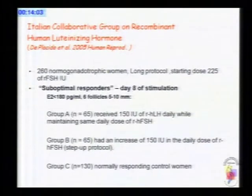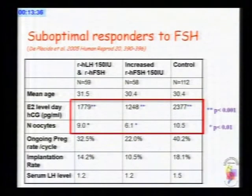The first one received 150 international units of recombinant LH daily, with the same amount of recombinant FSH. Group B had an increased amount of recombinant FSH only, by 150, and the third subgroup was normal responding women. What we see here in the result is that the E2 level was significantly higher in the group that received recombinant FSH. Again, they didn't increase the amount of